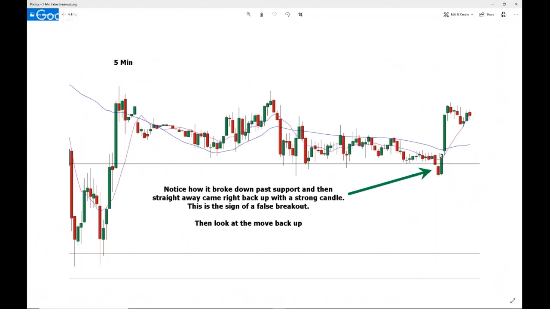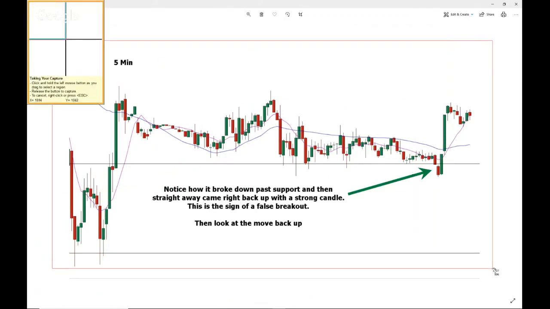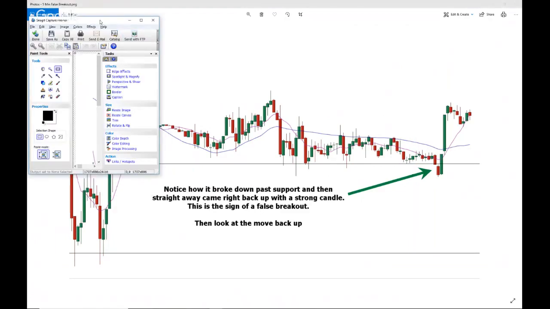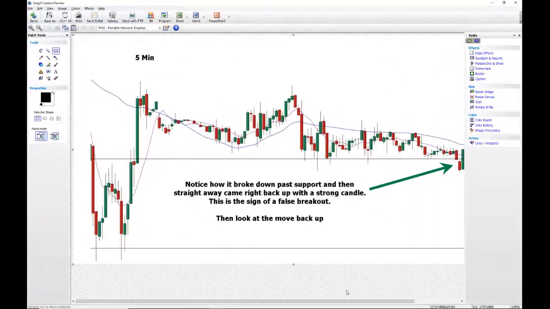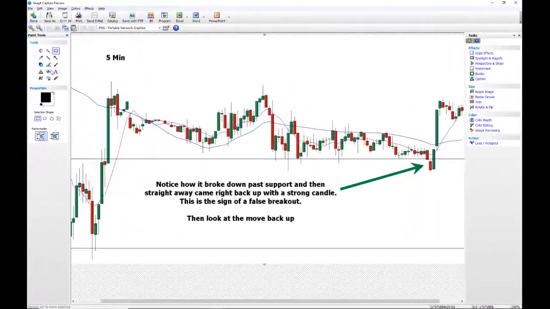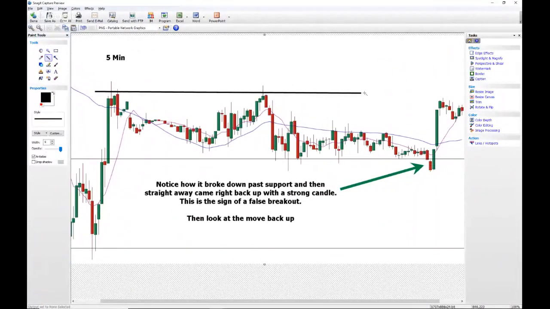What does that mean? That's what it means, that now this is a false breakout. When we get a false breakout, especially when we're in a bit of a channel, and as you can see on this chart here, we're in a channel here. And you see this time and time and time again with the markets. So you can see how we actually had this overall channel going on through here.